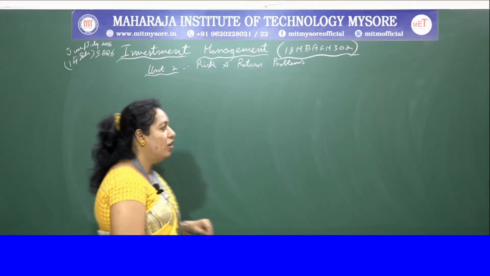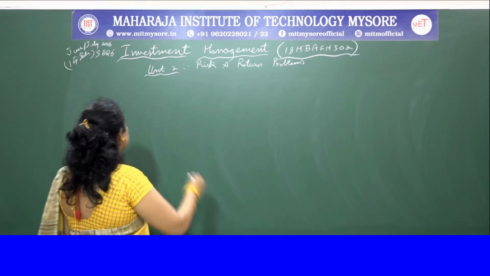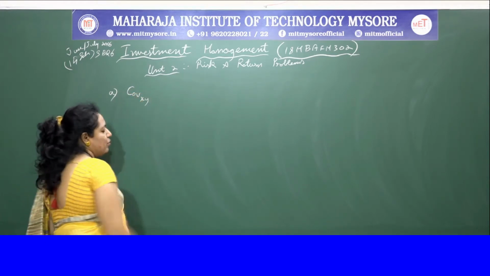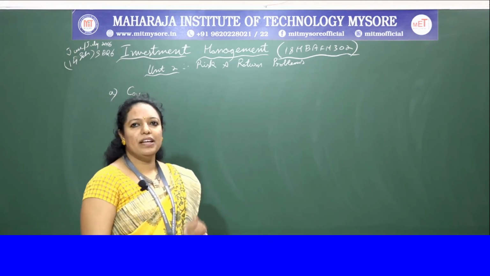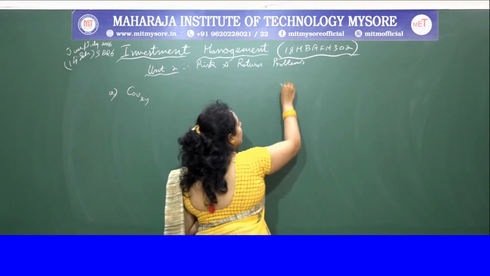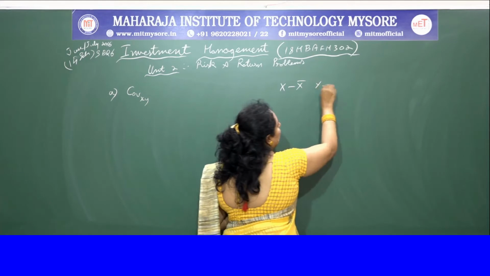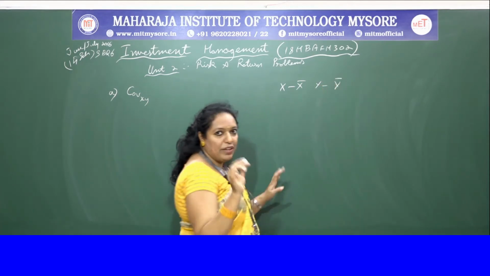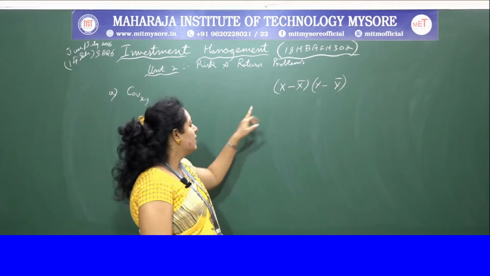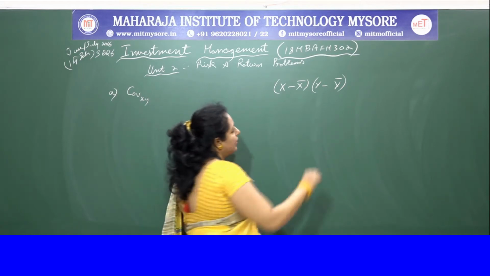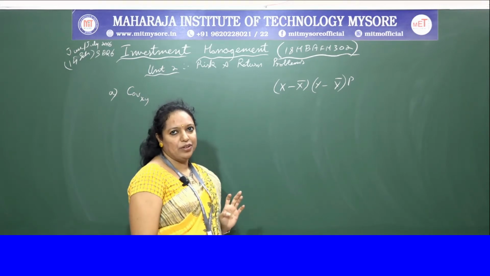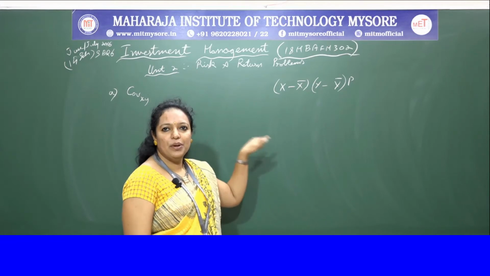So we'll start solving. First they have asked the question on covariance, that is COV XY. Normally, what we used to do when we know the covariance earlier, we used to calculate x minus x bar, y minus y bar. If we were calculating for an individual series, this was the formula. If we are calculating for a discrete series, then we were multiplying with p and adding on. So we need x bar, y bar.